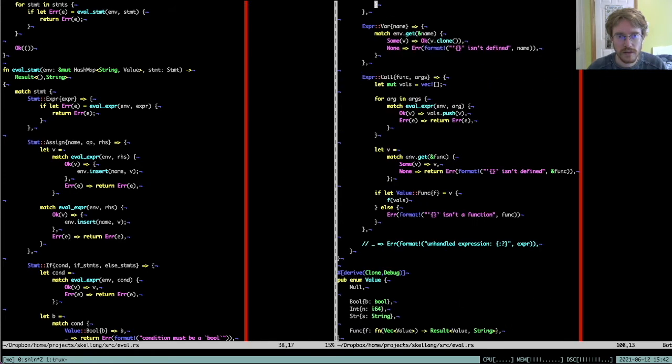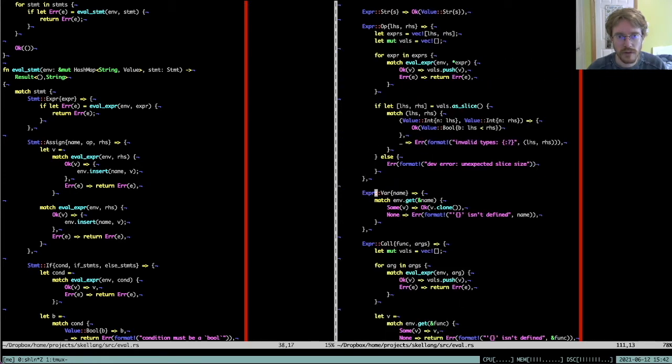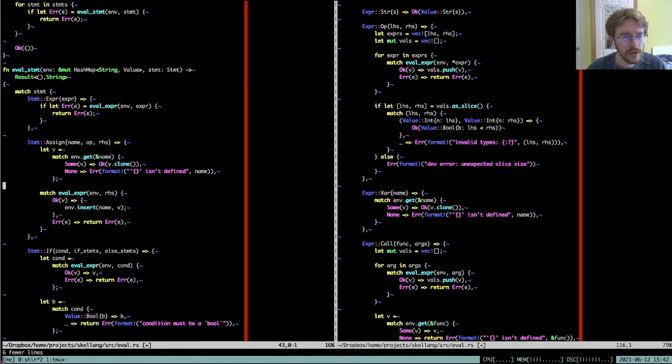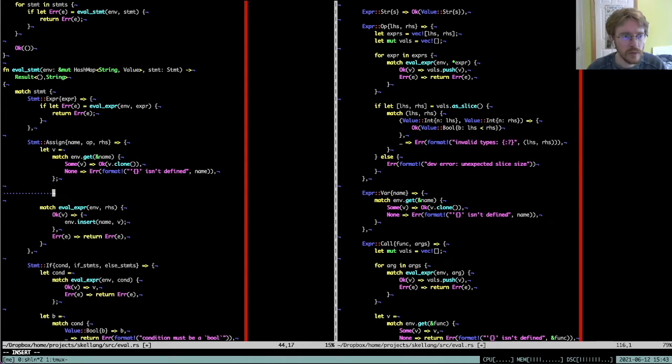And when we have a variable, can I reuse that? Do I want to reuse that? Yeah, I'll just copy paste it for the moment. And let's see. So we'll grab it from the environment. We'll perform our operation on it. So match